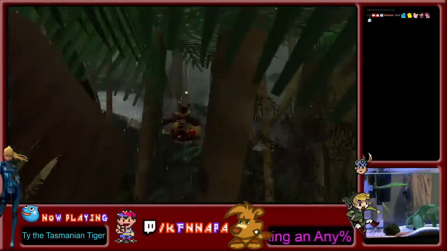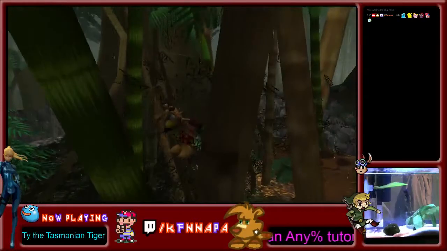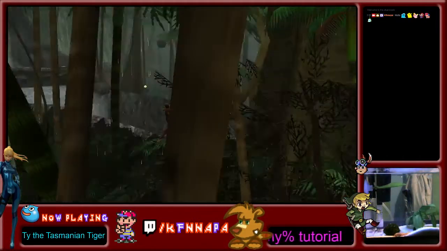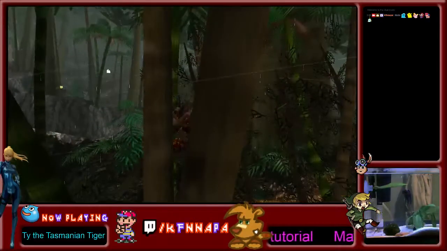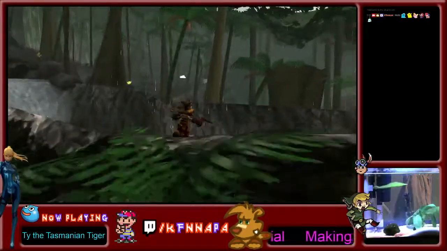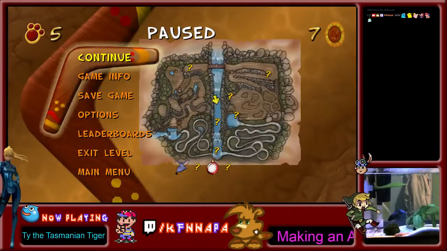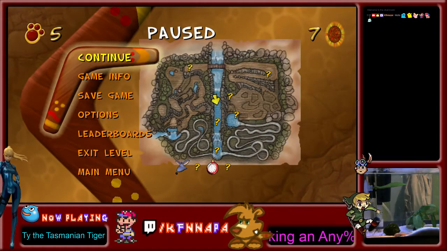you can stand on a piece of geometry that's around here somewhere. That's just up behind this tree. From here you can just jump and hover, and if you aim a little bit left, Ty just falls. On console though,